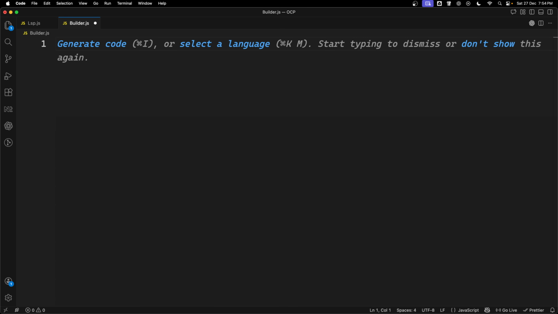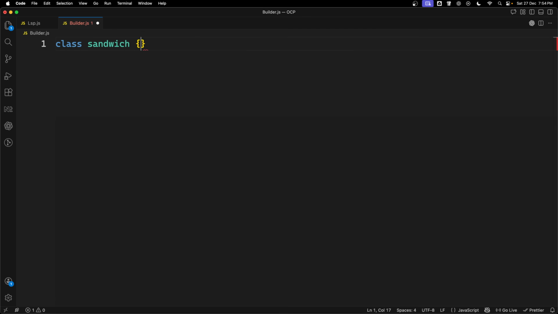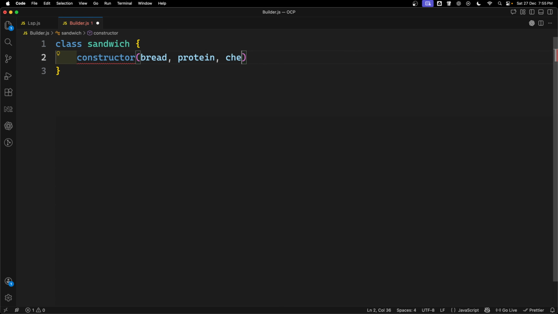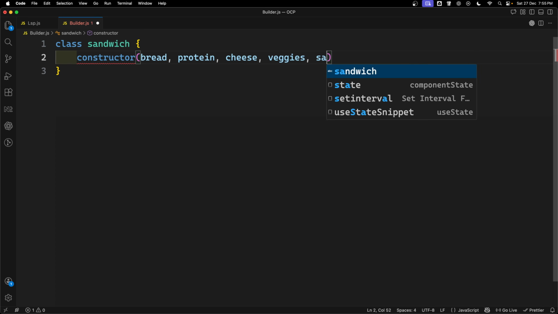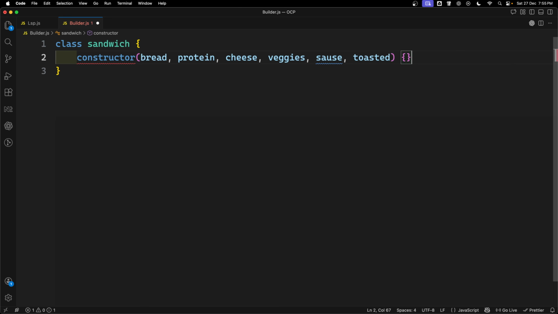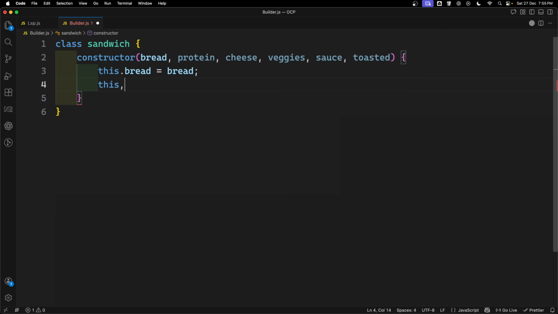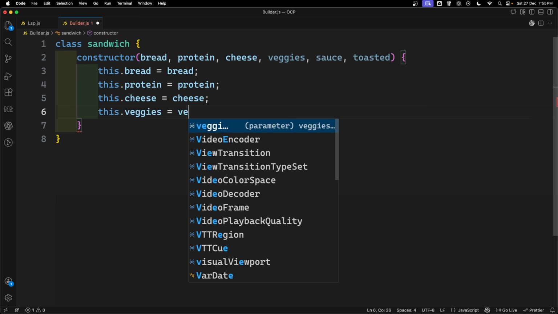I will show you a simple example of this. Normally, when you want to create a sandwich, you will have a Sandwich class, and in this class you will have a constructor taking bread, protein, cheese, veggies, sauce, and toasted, the normal way you would create an object. Then inside it: this.bread is equal to bread, this.protein is equal to protein, this.cheese is equal to cheese, this.veggies is equal to veggies,